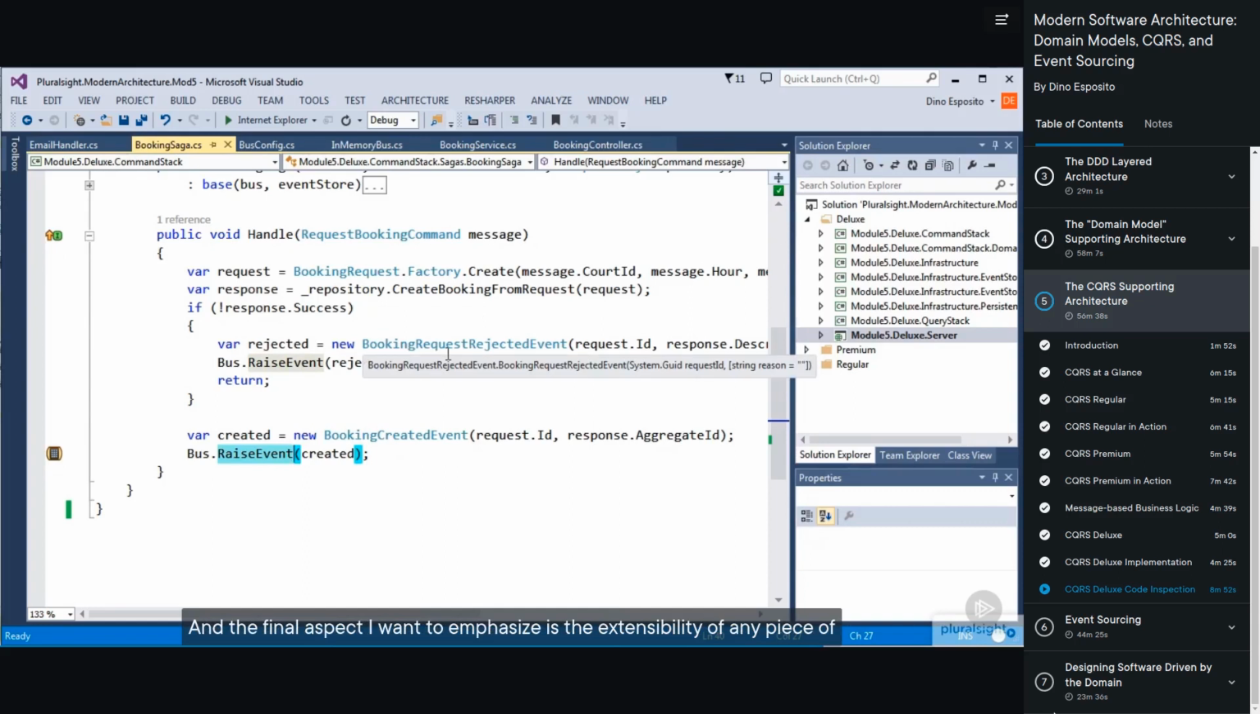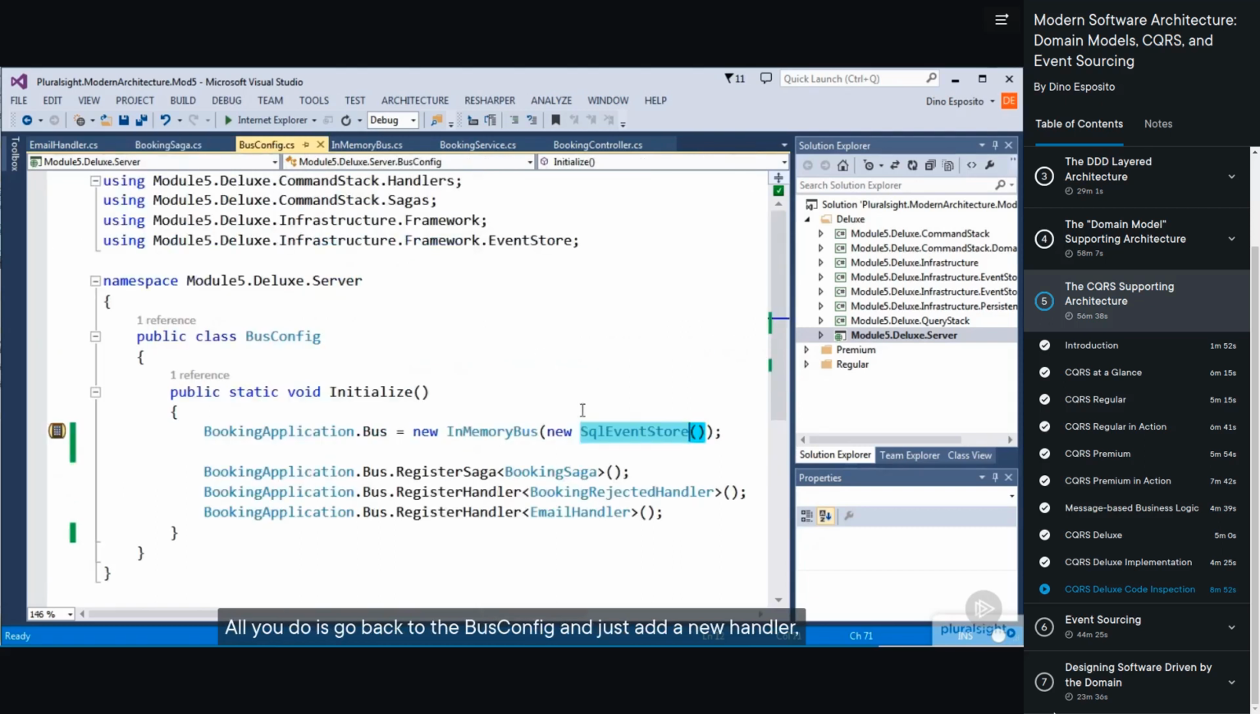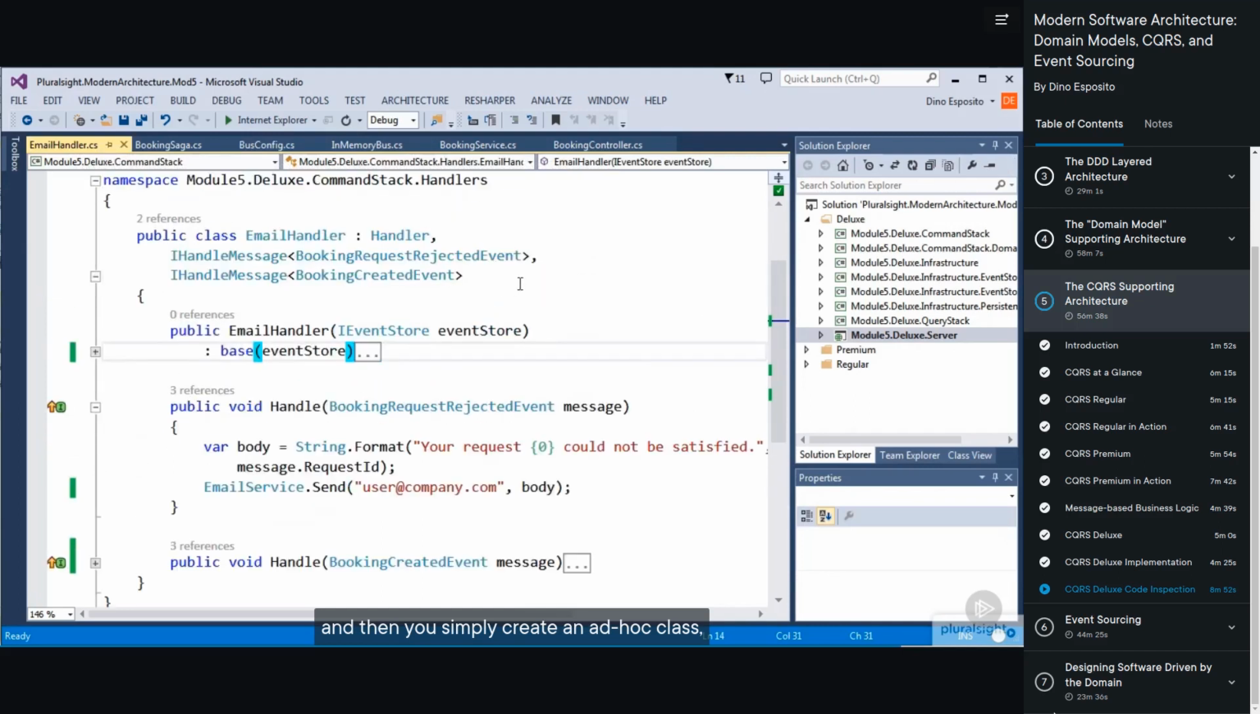And the final aspect I want to emphasize is the extensibility of any piece of business logic that is created using the CQRS deluxe approach. Suppose now that users want you to give them a chance to handle in a different way the situation in which a booking request is rejected. So you want to have a handler for this specific event. All you do is go back to the bus config and just add a new handler or perhaps a new saga here in the configuration of the bus, and then you simply create an ad hoc class, and this is